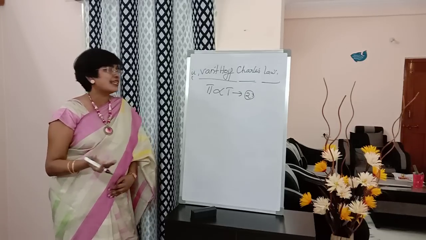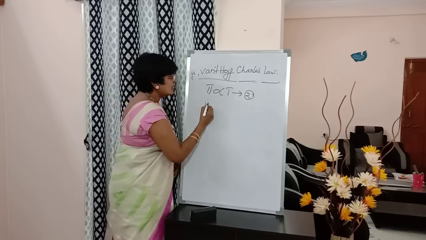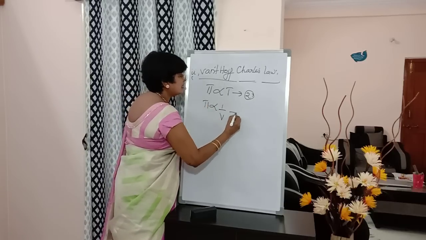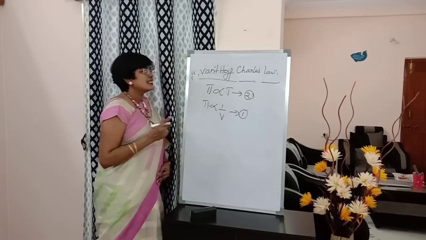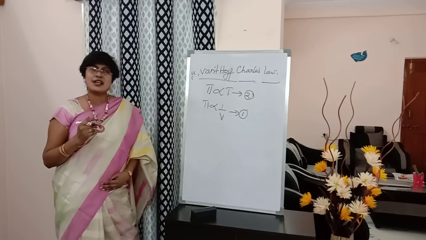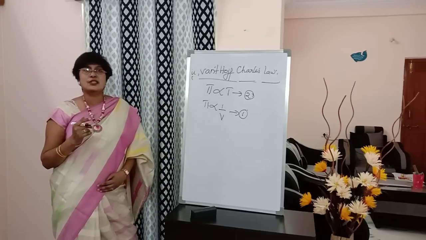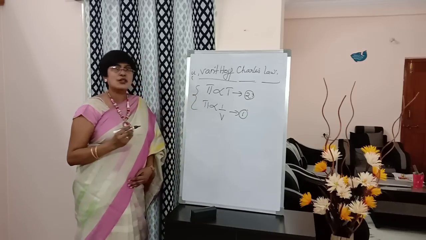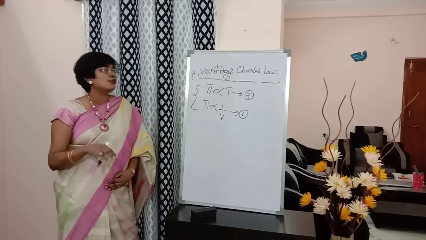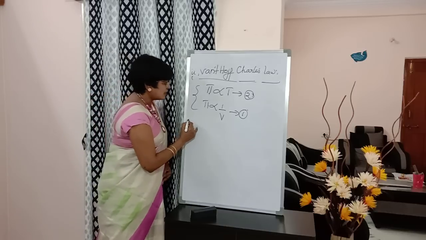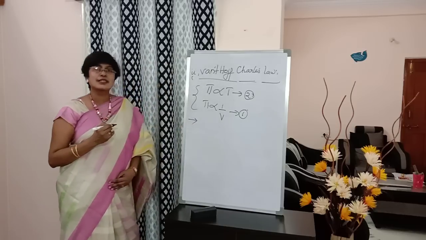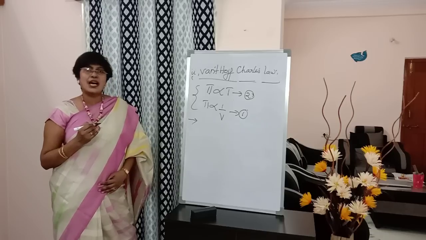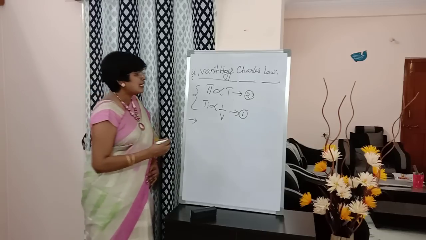Okay. First expression, pi proportional to 1 by V. This is equation number 1. Second expression from Van't Hoff Charles law, it is pi proportional to T. Okay. So in both the expressions there is pi. So by combining these two laws, write down here, students, by combining 1 and 2,